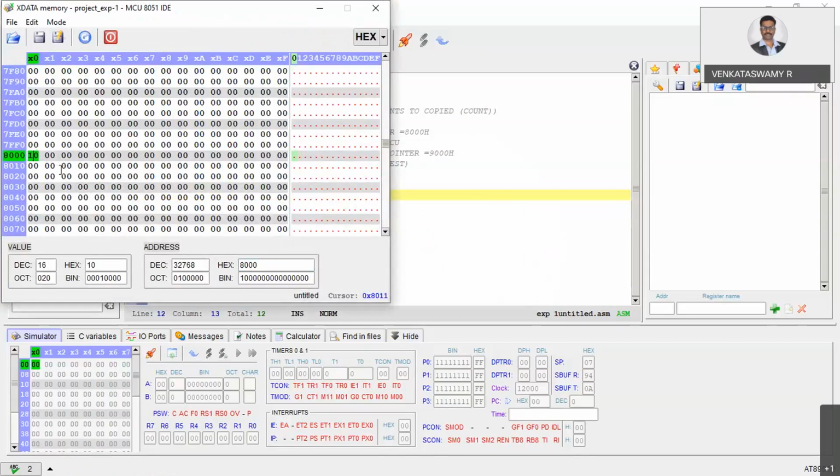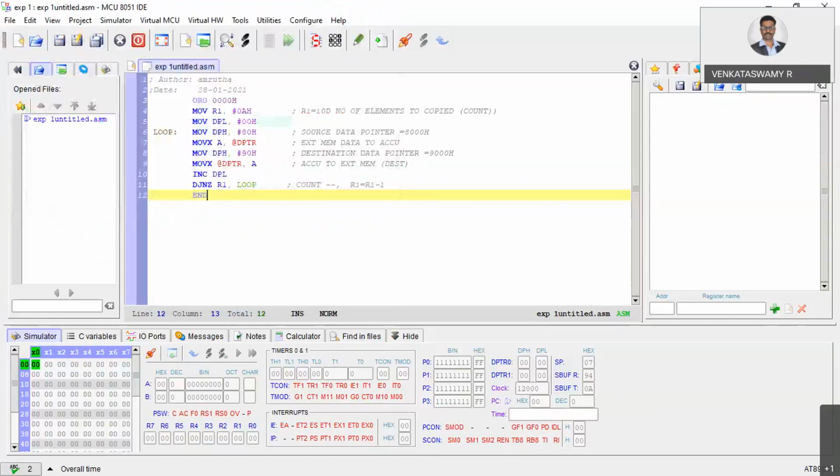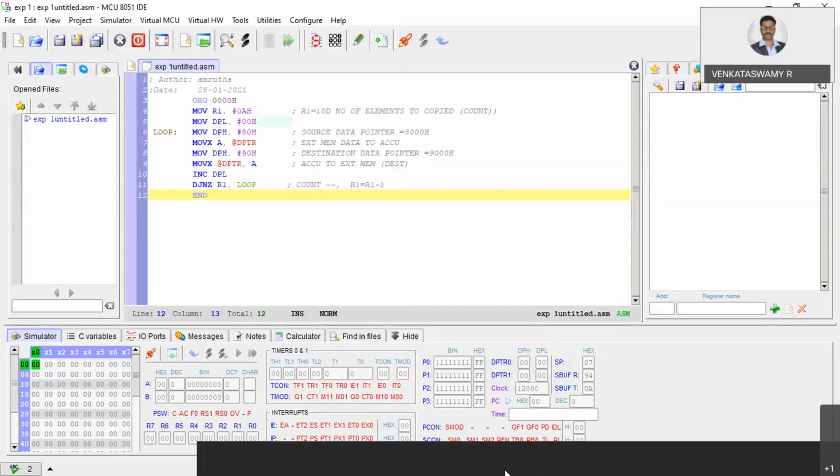Give some numbers. Just a second. Show your memory.